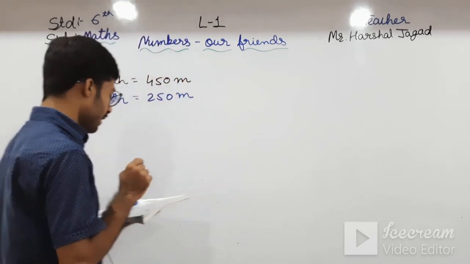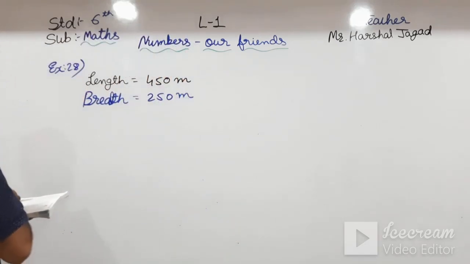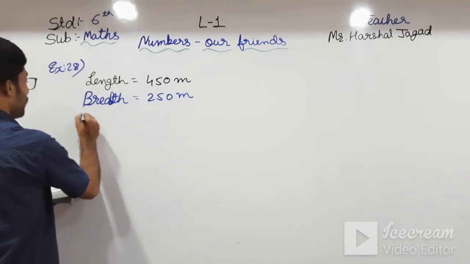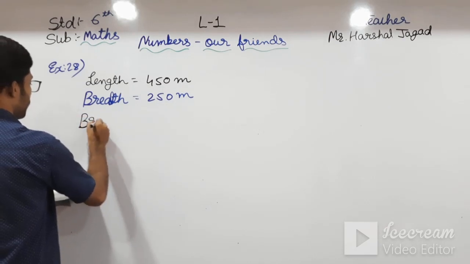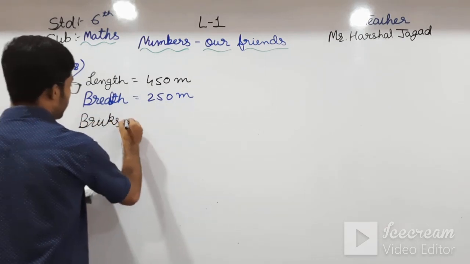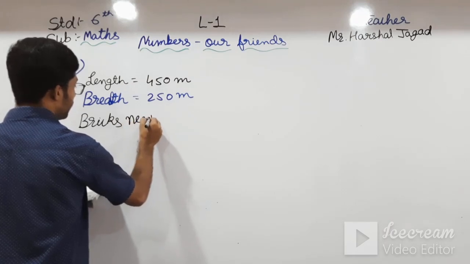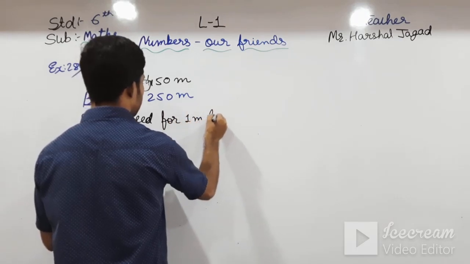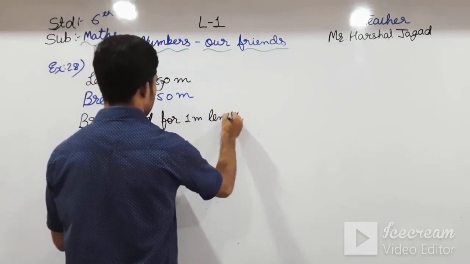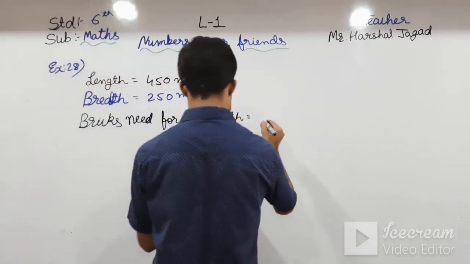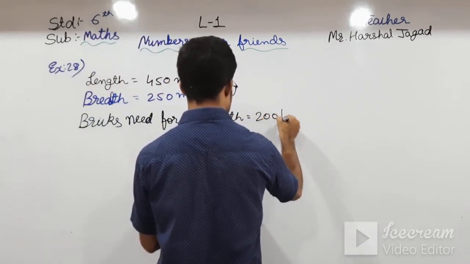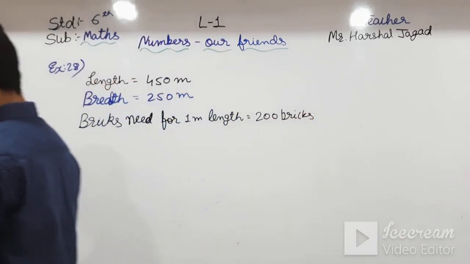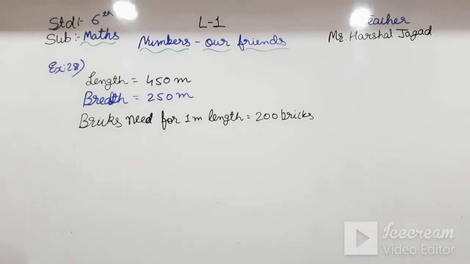So, bricks needed for 1 meter length. How many? 200 bricks. 200 bricks. So, what we have to find is,